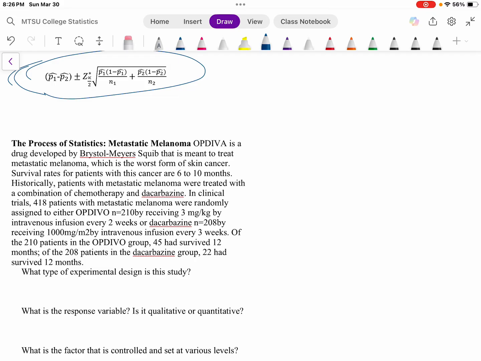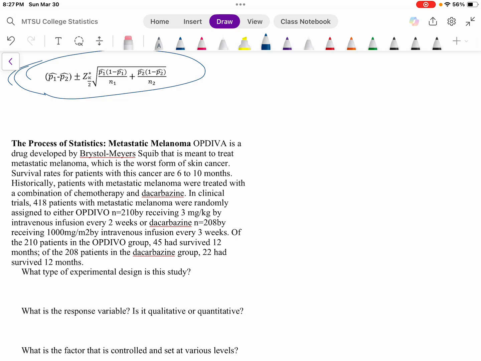So metastatic melanoma is a certain type of skin cancer that's very bad. Bristol Myers Squibb has come up with a drug to try to extend a patient's life, the survival rate of the patient, the amount of time. Typically survival for patients with this cancer is 6 to 10 months. Historically, patients with metastatic melanoma were treated with chemotherapy and dacarbazine. Now, Bristol Myers did a clinical trial of 418 patients who had the melanoma,